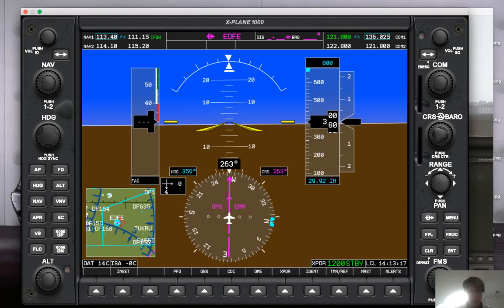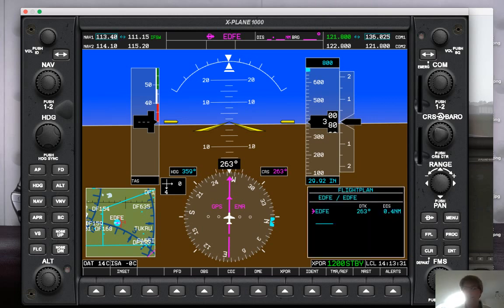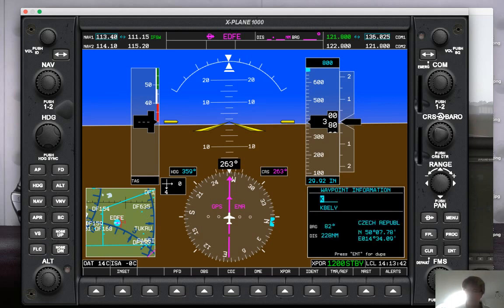All right, so for entering your flight plan, you have basically two options. Obviously, there's the flight plan button, same as on the smaller G430, G530, and that brings up the little flight plan window here, and then you can enter waypoints and airports and whatnot. So my flight plan is going to be the Rimki intersection, and then the Dinkelspiel VOR, and then Schwäbisch Hall. So I can enter this here right on the PFD,